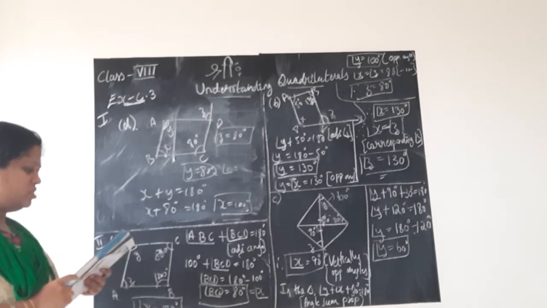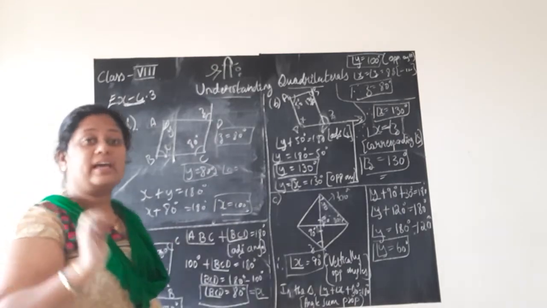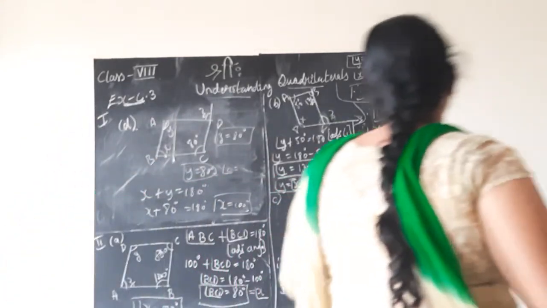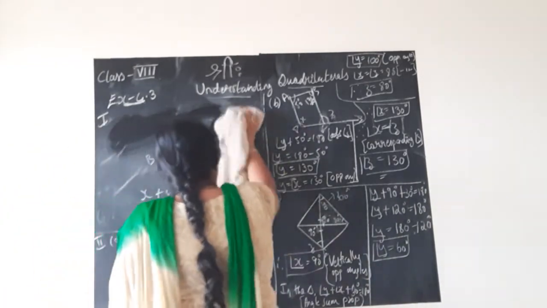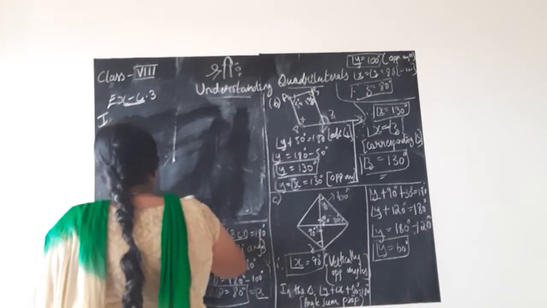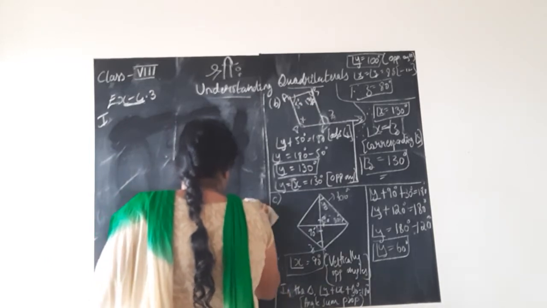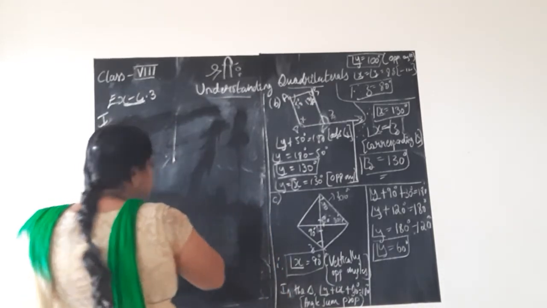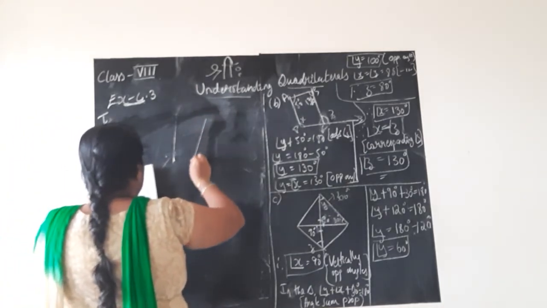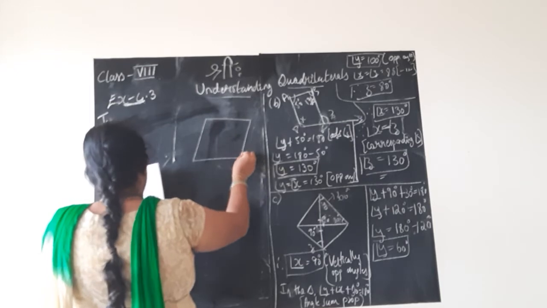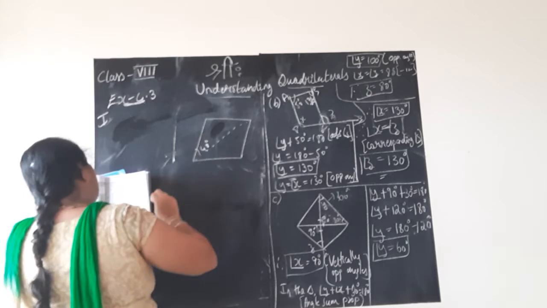Fifth one also you can solve, I think. It is very easy. Why? Because they have drawn the diagonal. If diagonal is drawn, you know what is the diagonal now. If you just connect one of the vertex with the other, which are opposite, those angles, so that line is called the diagonal. In the next problem, you have the parallelogram and the diagonal is given and this angle is 40 degree.